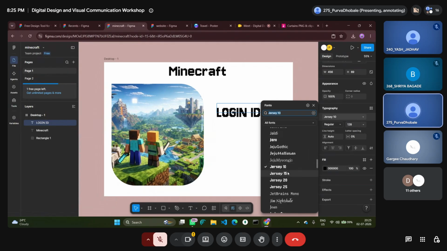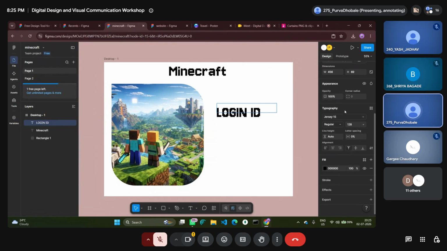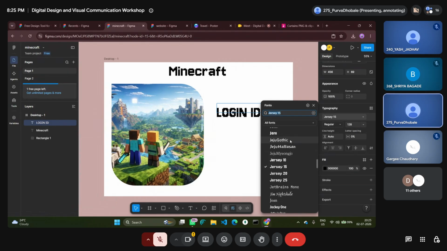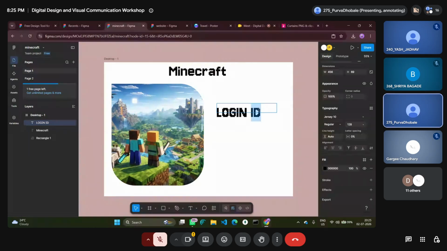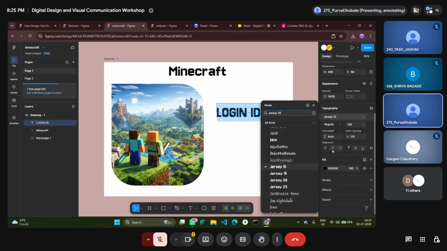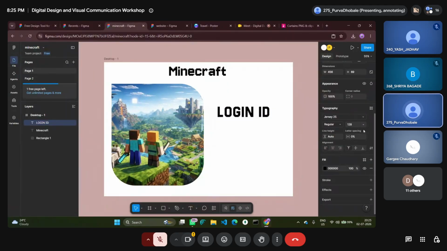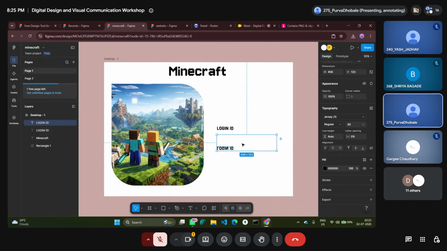I'll change the font, I guess, because it is giving the same as the heading. So yeah, the font is changed, and we can also change the size. Now you can simply duplicate this by pressing Ctrl D.